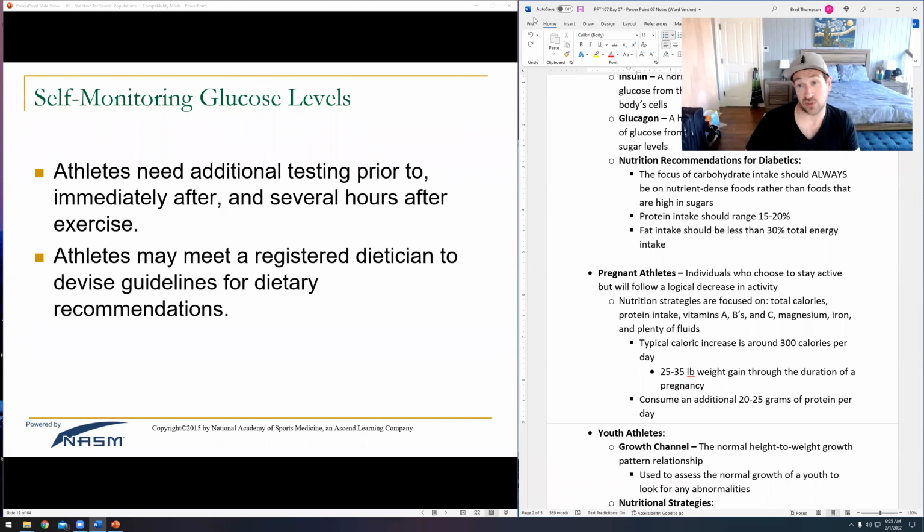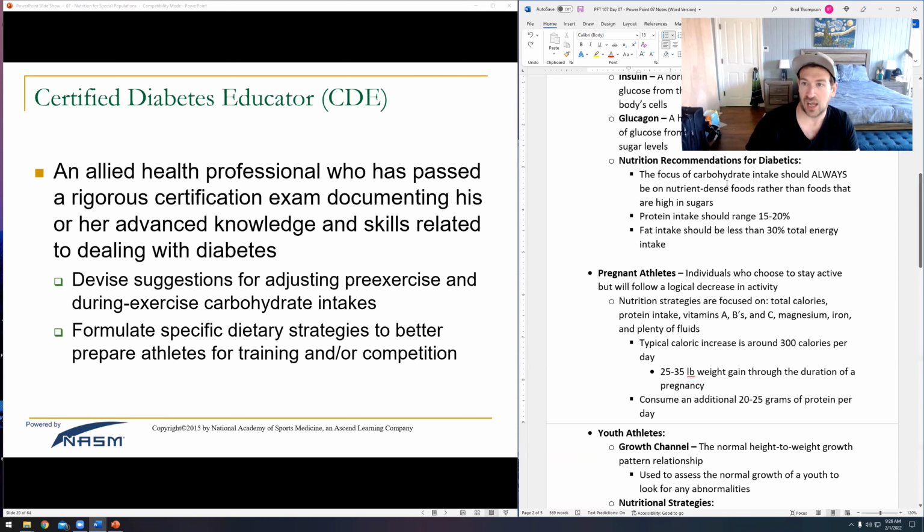Or if their blood sugar levels are too high, because we know that if blood sugar is really high, eventually the body's going to create a whole bunch of insulin in response. So if their blood sugar is high and they're like, let's go, let's work out, and they start working out, and it's like, yeah, I'm pumped up, this is great. And then all of a sudden their blood sugar levels start to drop. They can plummet. And again, same thing, make them hypoglycemic. They're going to get nauseous. They might pass out. So we just want to watch that. We want to try to get them into normal levels there.